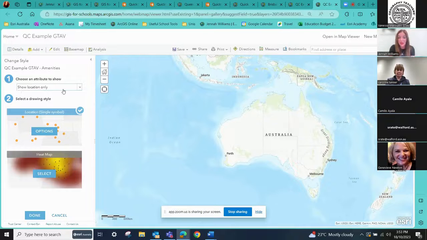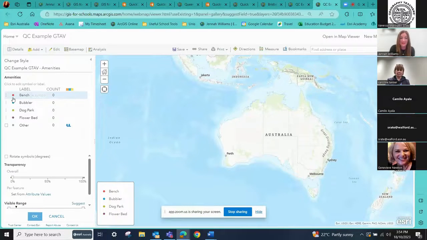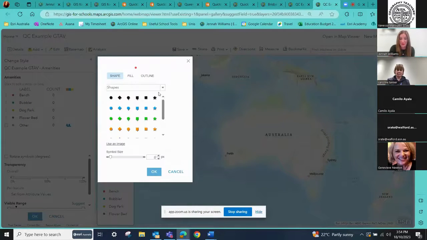It's currently on show location only. And we're going to change that to amenities. Yeah, and now what it's going to do is bring up the 4 amenities that I selected before. Now we can spend all day going in and changing these symbols one at a time, which is always